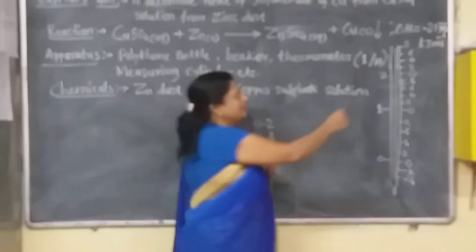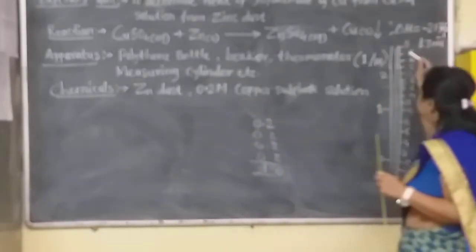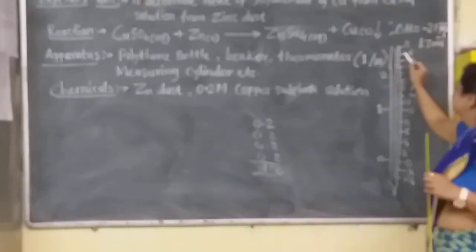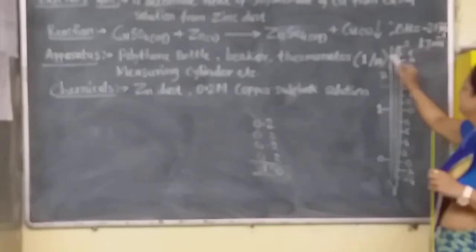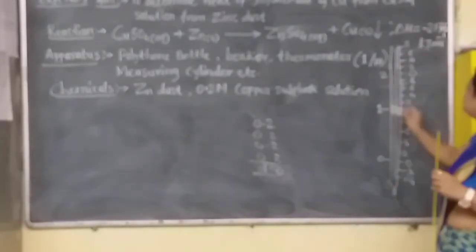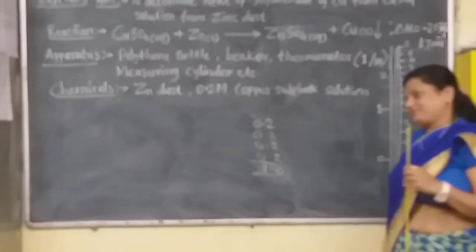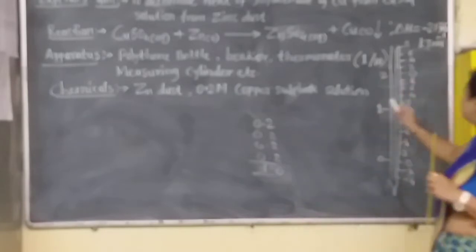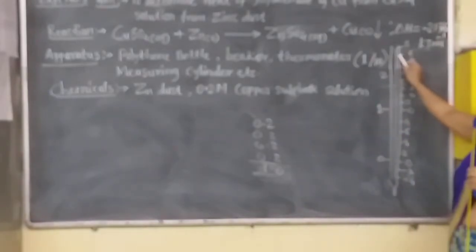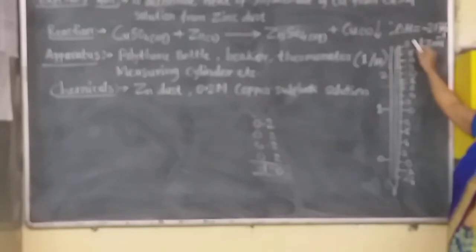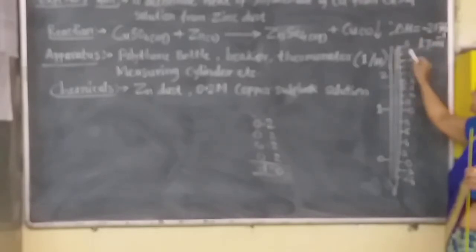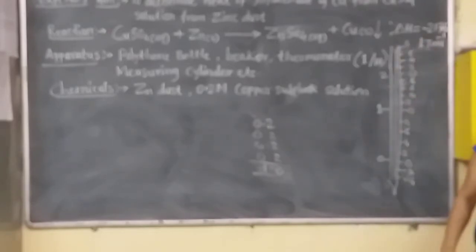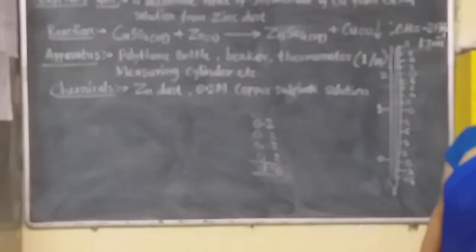Above 20, in between 6 and 8, there is the fifth line. The thermometer shows the mercury here. Then what will be the temperature? Who will tell? Now this is above the 20, this 6 and 8 means here is the 26, here is the 28. But the mercury is here on the fifth line. Then what will be the temperature?